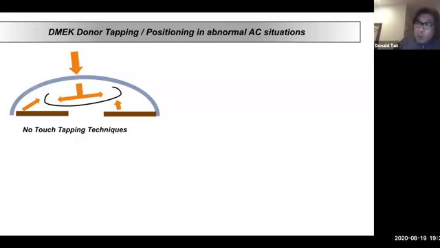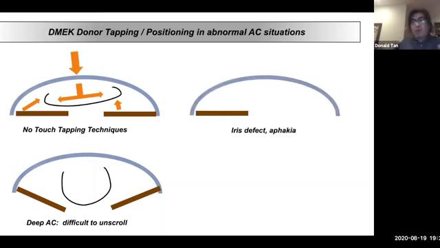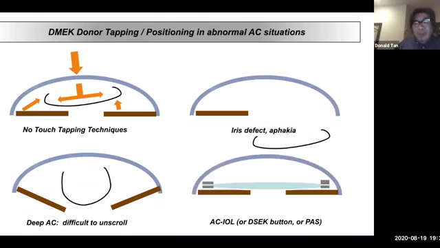And in abnormal cases where the anterior chamber is not normal, here, for example, is a deep chamber. We all know that it's very difficult to do DMEK, say in a vitrectomized eye, or God forbid, an aphakic eye, you know, and the iris is floppy. So you may never even be able to unscroll. There's nothing to tap against. There's no posterior surface. So very difficult. If you have missing areas of iris or iris defect, then again, very difficult challenge there. Aphakia, you don't want the tissue dropping in. So there are issues there. And if you have to tap against an ACIOL, then of course, I think there could be more damage as well, because you're tapping the endothelium onto the ACIOL.